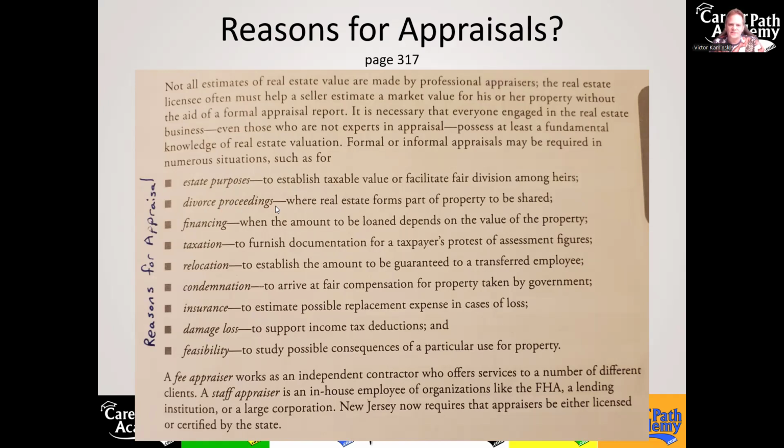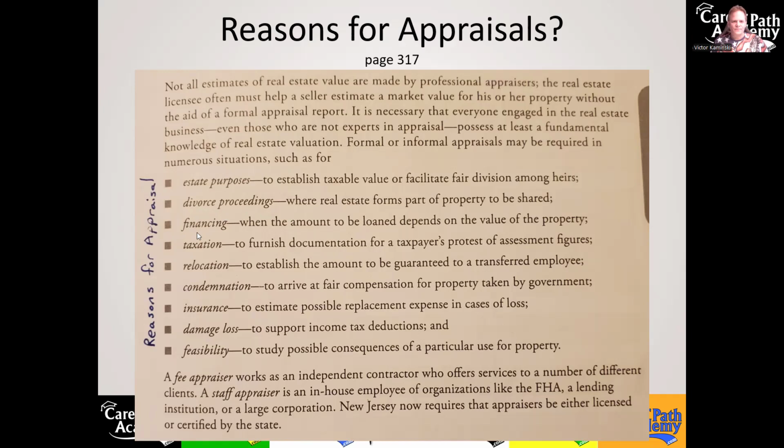Let's see, divorce proceedings. When people get divorced and they're going to sell the property and split the revenue from it, or one of them is going to be keeping it, they need to pay the other their share of the property to buy them out, right? Because when you own property as married couples, how do you own it? By the entirety, tenancy by the entirety. But when you get divorced, it reverts to a tenancy in common. So you sell the property and then you divide the proceeds amongst the